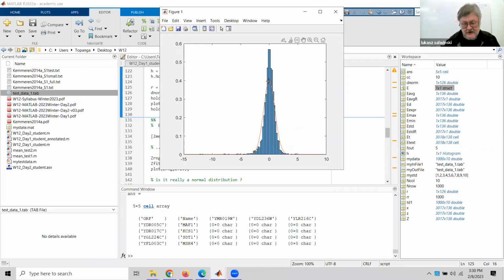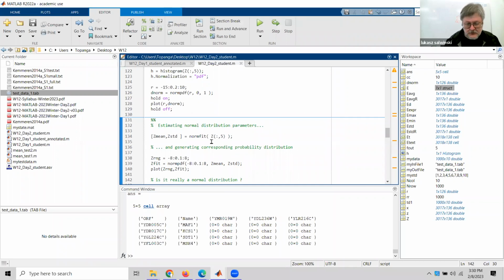Okay, we can try to fit a normal distribution as well as possible to the histogram. It's relatively easy. What we do is we just call a function called norm fit. It will take a series of data, let's say in our column 5, and we'll try to find the best parameters for a normal distribution that would correspond to the data that we collected in the data series, okay? The function is gonna return the mean, or average value, and standard deviation for the width of the distribution. And then as before, we can use those two numbers to generate the fitted normal distribution and see if